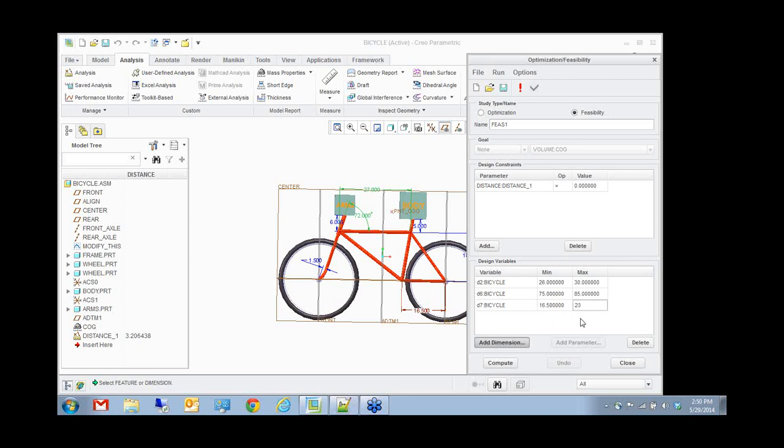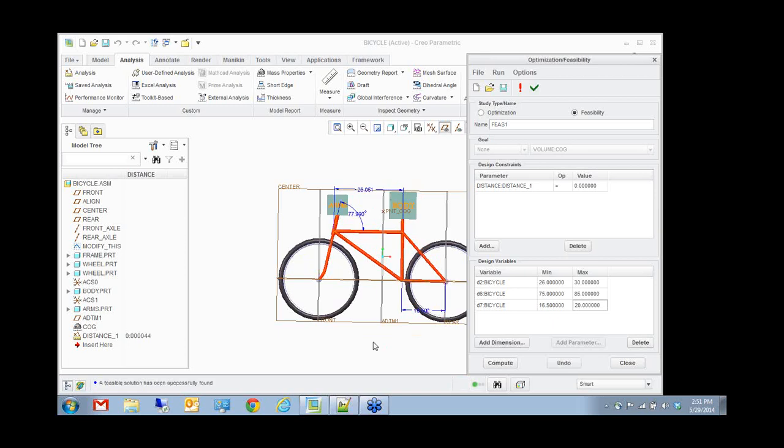So I'm varying these dimensions, making sure that the distance between the point and the plane is minimized to 0. So when I run this particular feasibility / optimization analysis, it's going to come back and tell me for what values of these dimensions you get this center of gravity point moved to exactly in the center